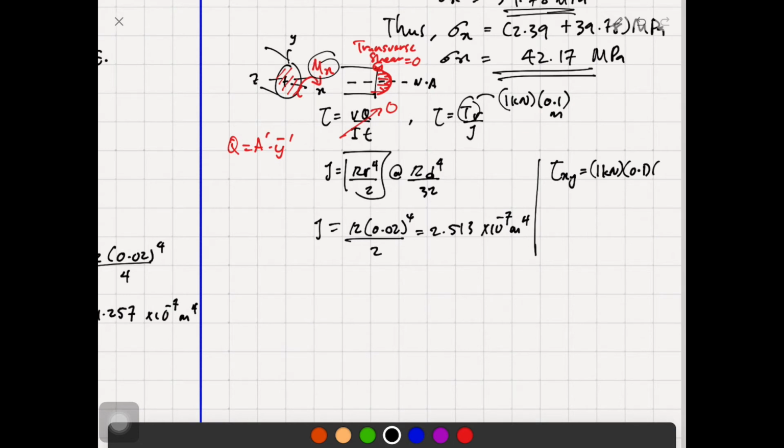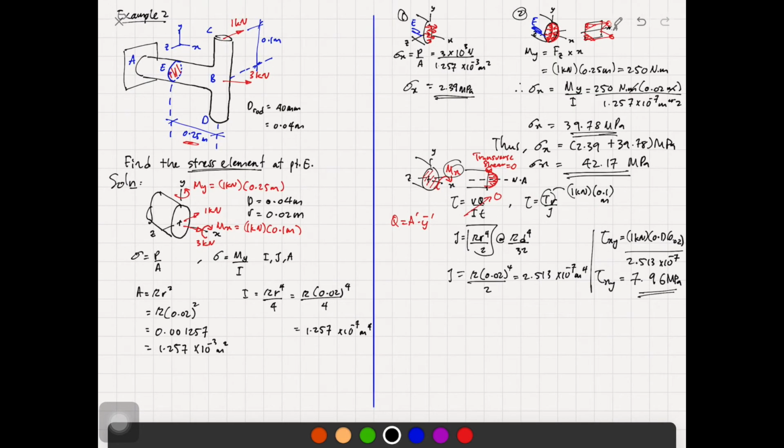The radius is 0.02, sorry about that. That is just right, and J is 2.513 × 10 to the power of -7. Go ahead and calculate this, and you're going to have your shear stress as 7.96, and the unit is of course megapascal. I mentioned it, probably this part, transfer shear, is not very clear to you, but